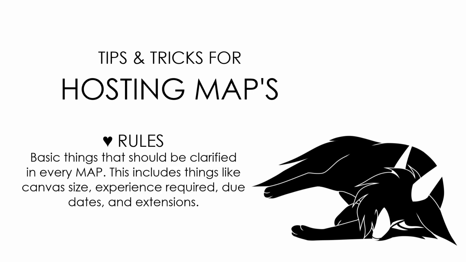Going on to rules, I'll be using my Hawkfrost AU map deck as an example for how something like this can be formatted, although it will be different for everybody. This is just a basic example. I use a similar format for almost all my maps. I usually put the summary of the map first, followed by the due dates and the rules for extensions, just because usually people have the hardest time keeping up with that. So I like to put that first on the document.